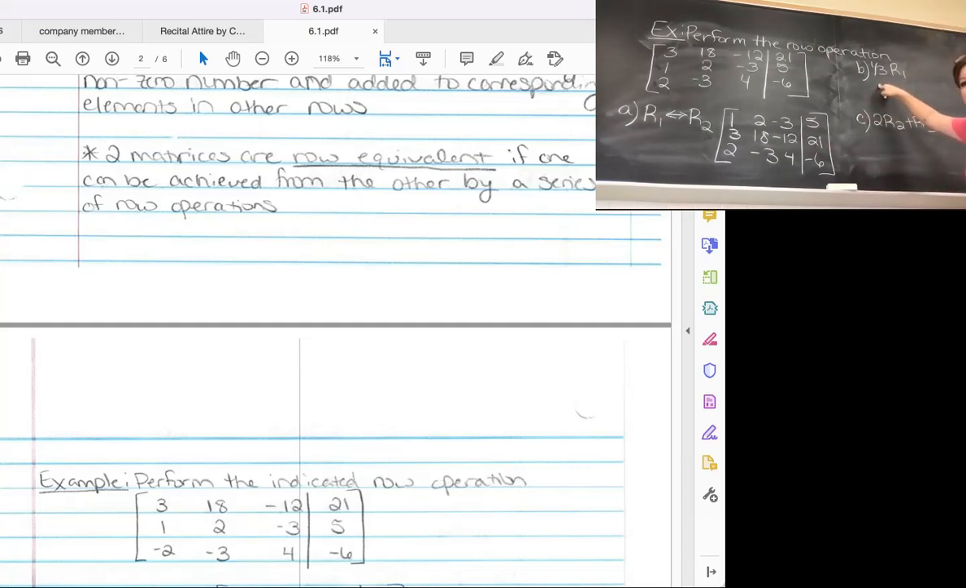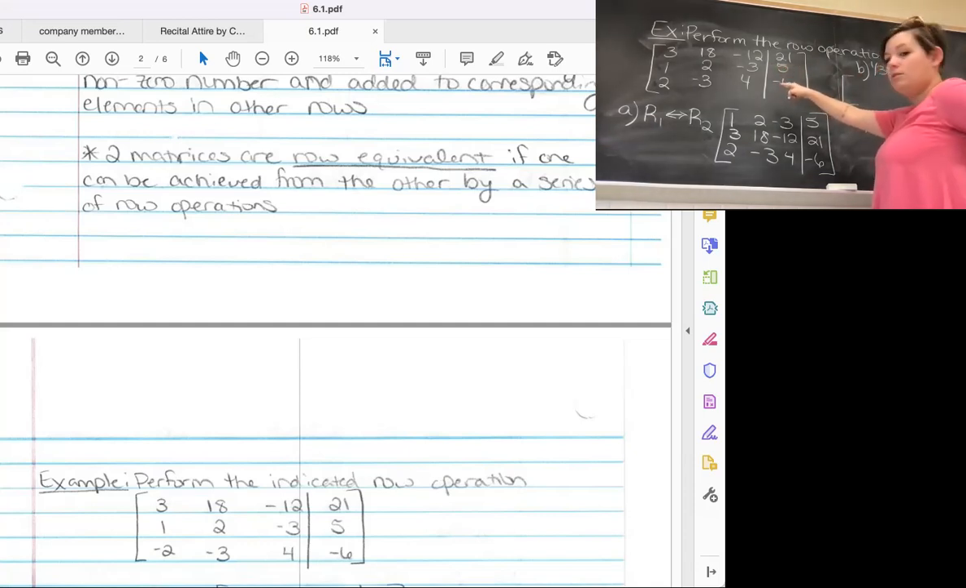B says I'm taking 1/3 times R1, which is row 1. So for this one, I'm not changing rows 2 or 3. So I'm going to write those first. 1, 2, 2, -3,